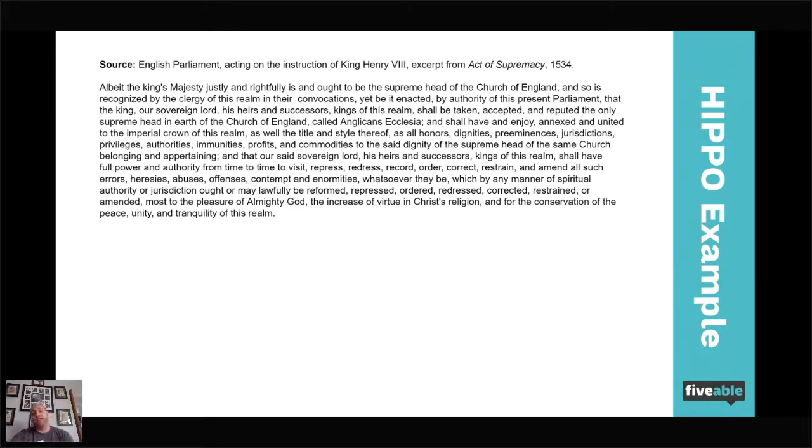Without even reading this passage, I know we're talking about the English Reformation. I know King Henry wants to get a divorce from Catherine of Aragon. I know that he wants to have a male heir. I know that he wants to marry Anne Boleyn. All of these things I know without ever reading the source, okay? Then I'm going to read my question. What is my question asking me about? My question asks, and I'm making this up right now, what was the purpose of the Act of Supremacy being passed in relation to King Henry's ability to have power over the Pope? It's a very badly worded question, but basically that question's asking me, why did they do this?